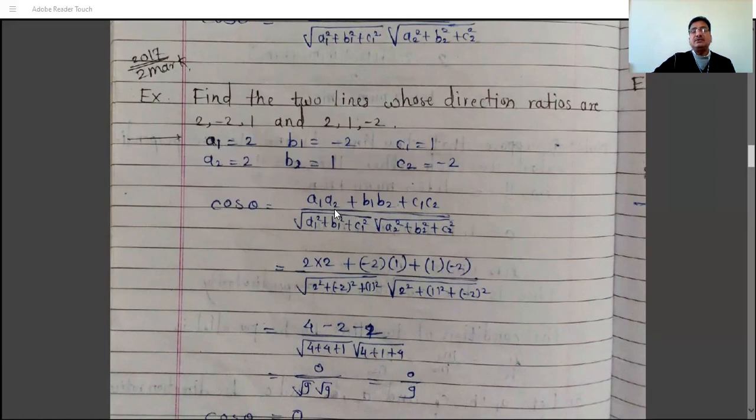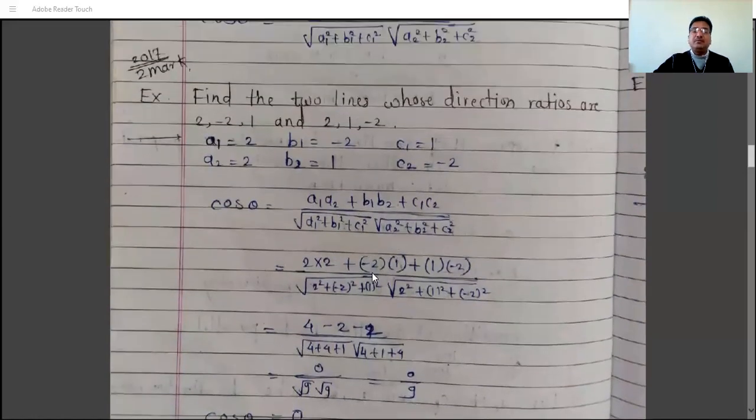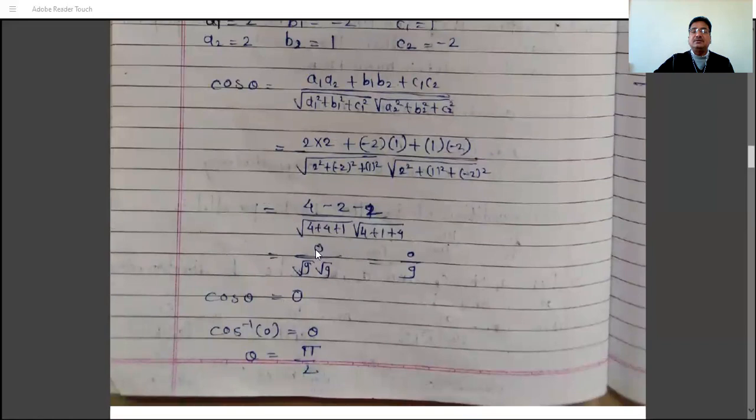So cos theta is equal to, the formula is a1 a2 plus b1 b2 plus c1 c2 divided by root a1 square plus b1 square plus c1 square, root a2 square plus b2 square plus c2 square. Then write the values of a1, b1, c1 and a2, b2, c2. We have this answer: 0 by root 9 into root 9, that is 0 by 9, that is 0, and